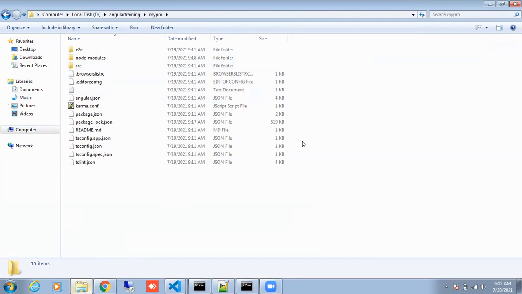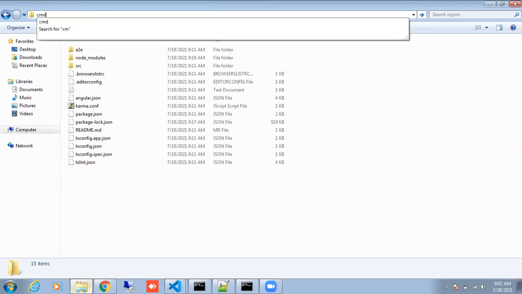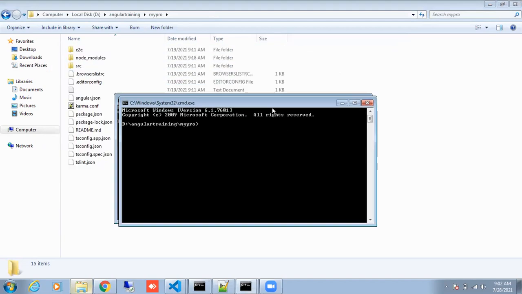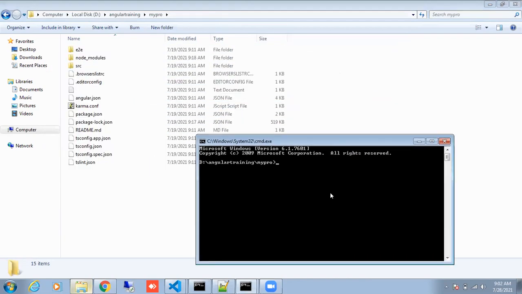To make sure, do one thing. First, open your command prompt on this path. Type ng build. Enter. Yep.